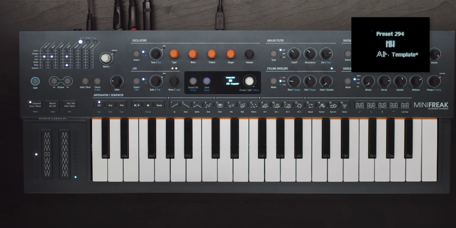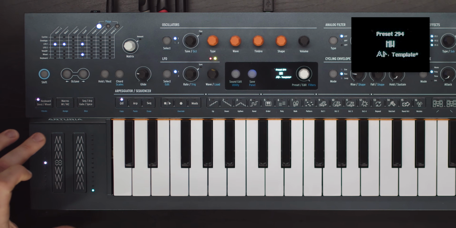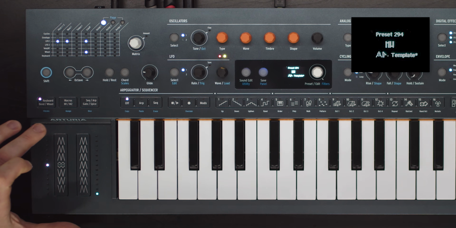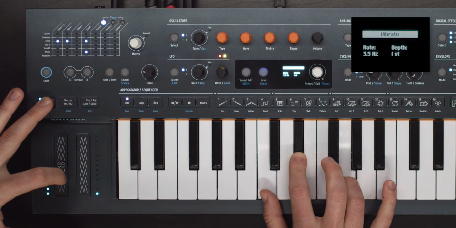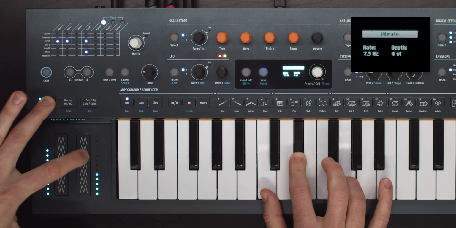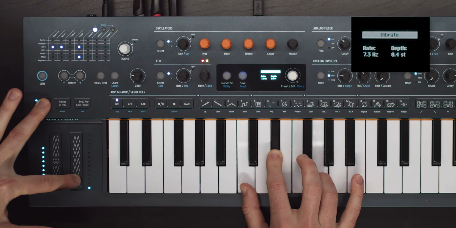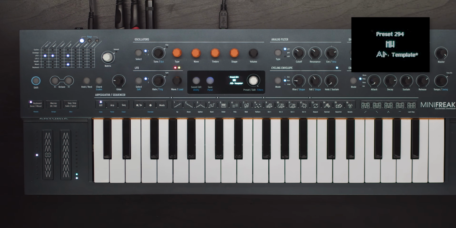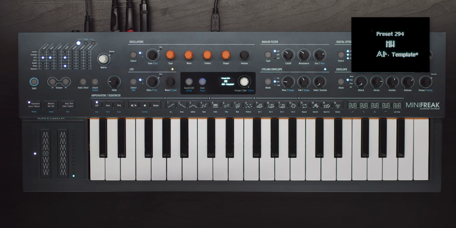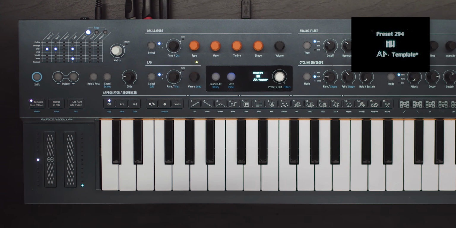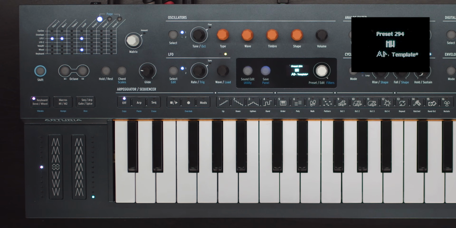We can adjust the vibrato LFO by holding the bend wheel button and using the left touch strip to change speed and right touch strip to change its depth. We can also assign these as mod destinations from the additional mod destinations list in the mod matrix. Hold Assign and use the preset edit knob as we discussed earlier.